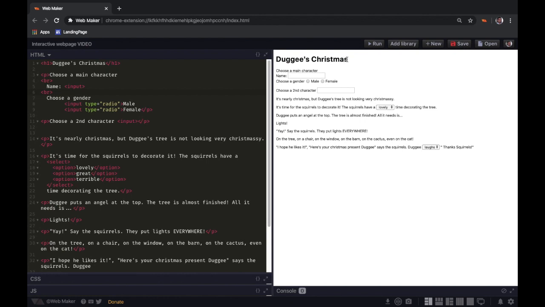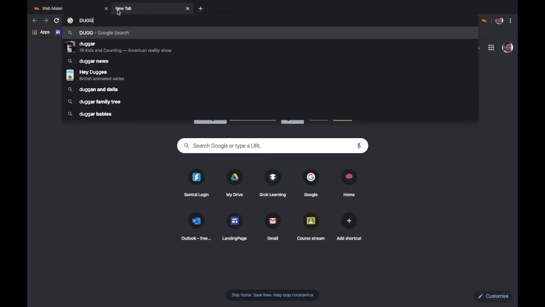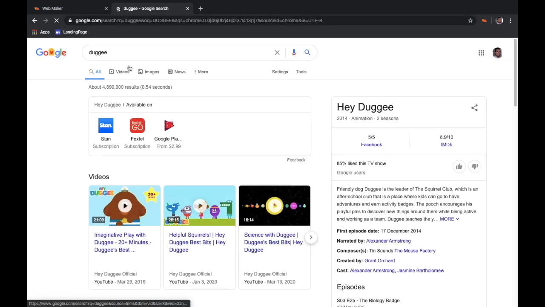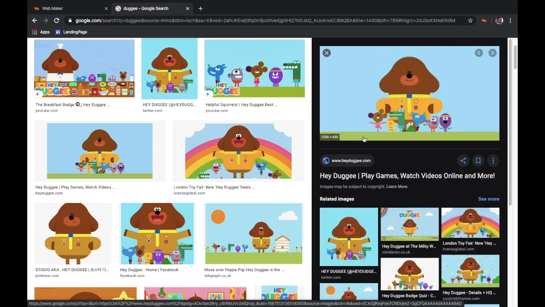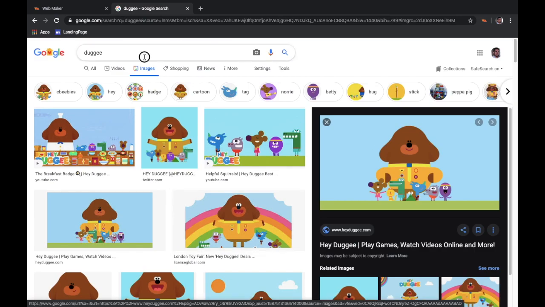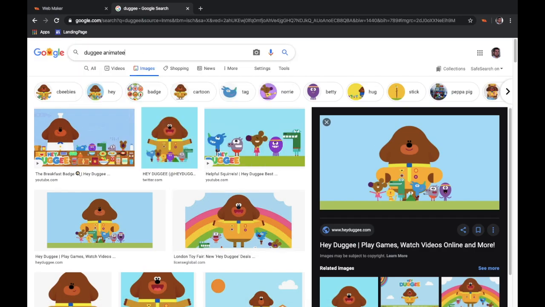For this image I'm going to choose a picture of Dougie. So I'm just going to go to the internet now and see if I can find a picture that's suitable for here. You're not limited to a JPEG. You could, if you wanted to, get an animated GIF,